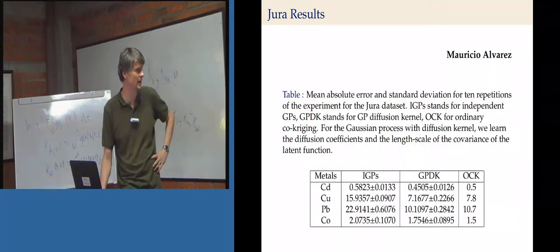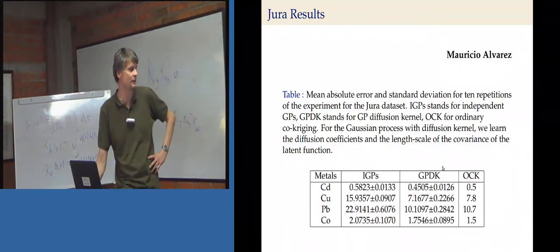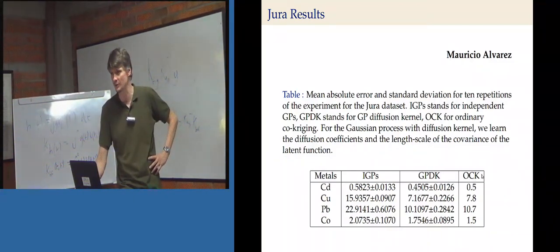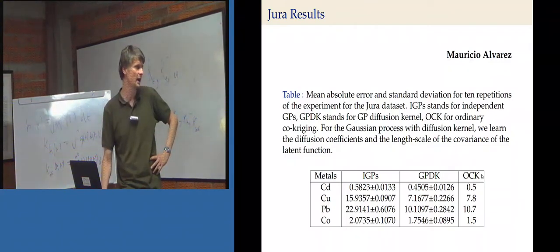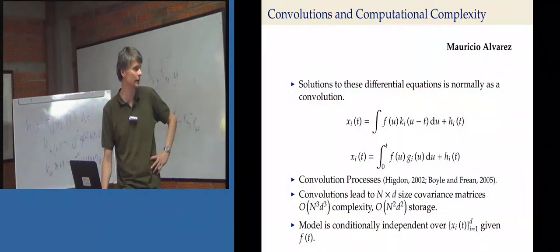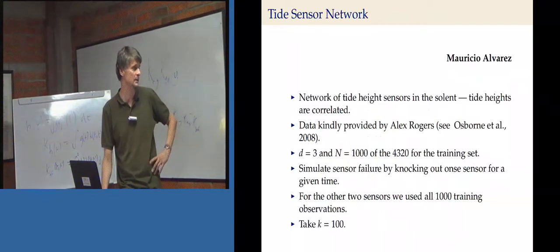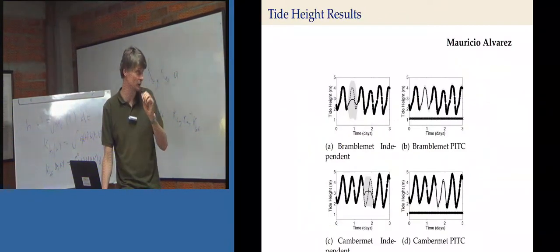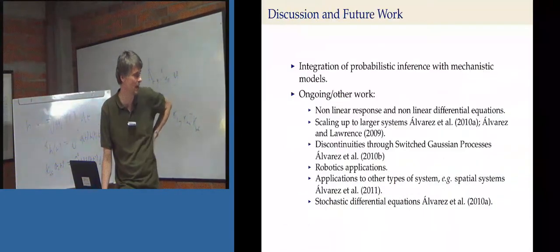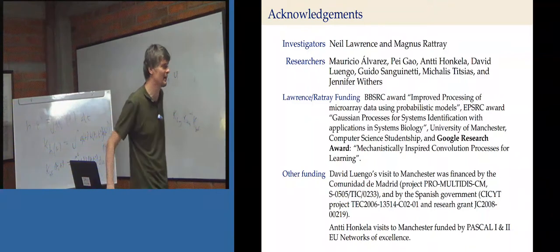So Maurizio did some experiments to show that you could compare this approach to independent Gaussian processes, this diffusion covariance that we used here, and ordinary co-Kriging, which is some variant of what you guys were doing the other day, and showed that we did better than the other approaches. I won't go into the efficient approximations, but a lot of what Maurizio did is worked out sparse approximations for solving these systems, and we've got a JMLR paper on that. So the latent force model work has really been a strand of research